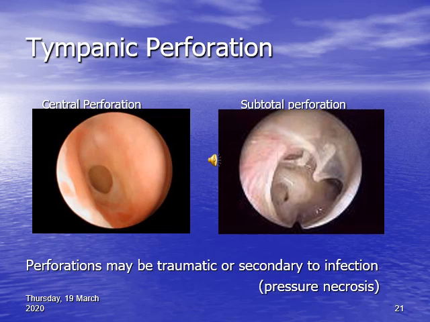The most common cause of tympanic membrane perforation is perforation that occurs after an attack of acute middle ear infection, which we call acute suppurative otitis media, when there is pressure of the pus collecting behind the tympanic membrane, and this pus pressure builds up continuously,